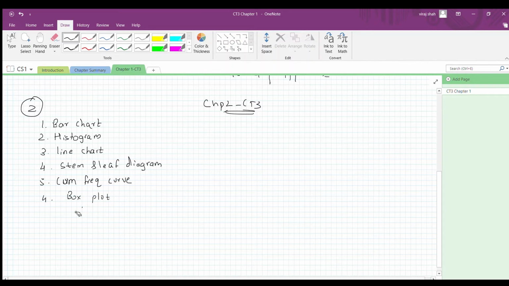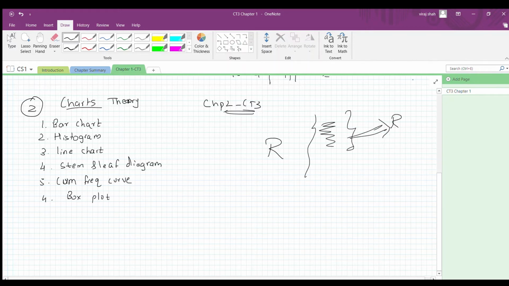Basically, none of the questions relating to the graphs, that is the charts, would be asked in the theory paper, and none of the direct questions would come in our model as well. So how would the question come? Basically, you have been given data, you would perform certain analysis, and from these analyses, you need to make the charts using the R software. So this is how we are going to use charts. And I have introduced it here because you must know the differentiation between each diagram and when it is asked.